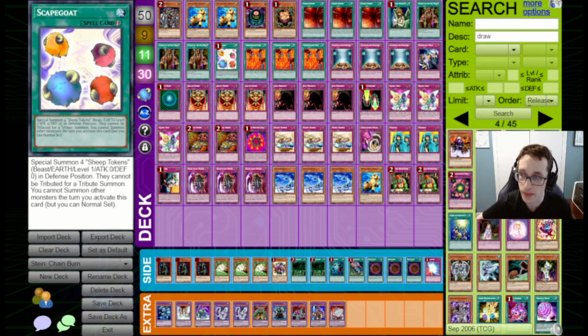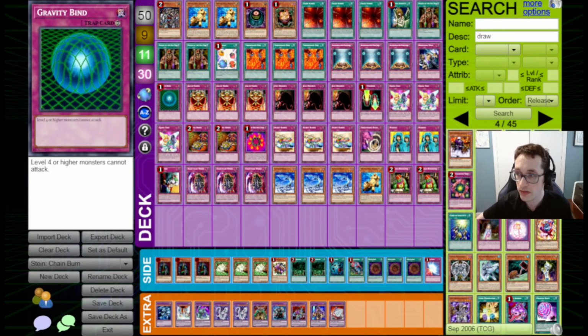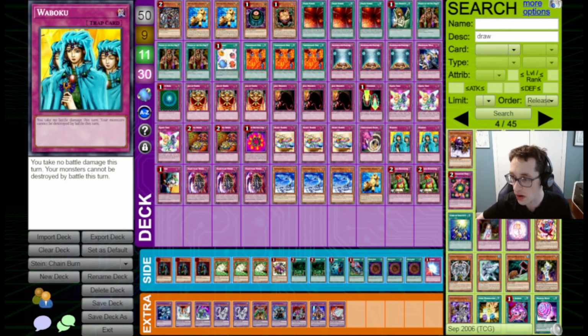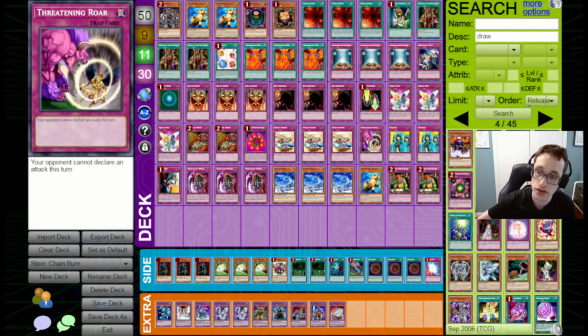So I think it does make the cut over someone with level limit area B. Gravity Binds here, again, you can chain this to other things, so that does put it above level limit area B in my mind. And that's going to do it for the stall part of the deck, I think. We could potentially add more to the stall side of things if we want to, if we're worried about that